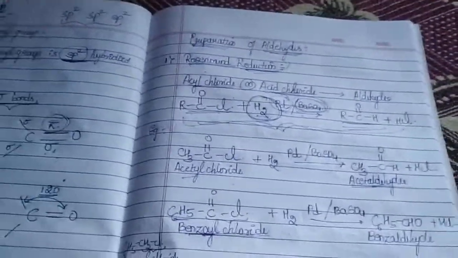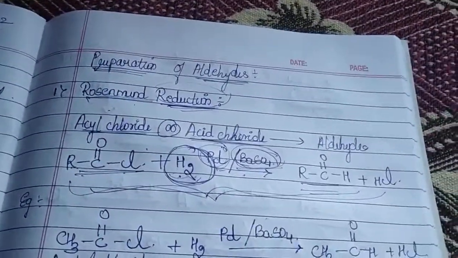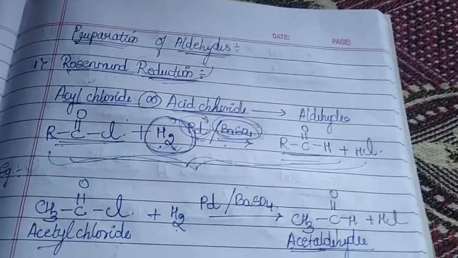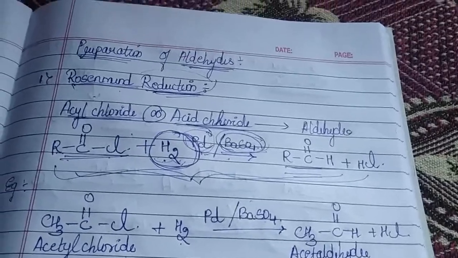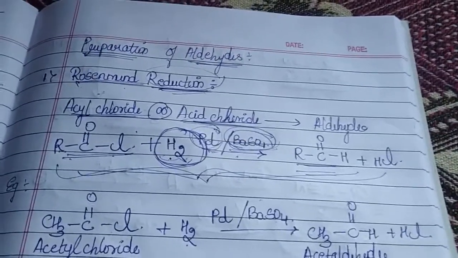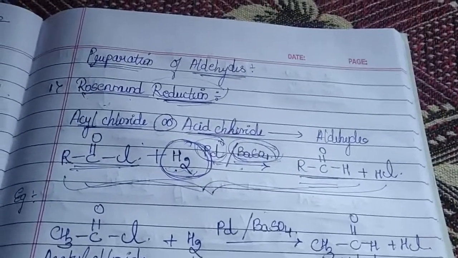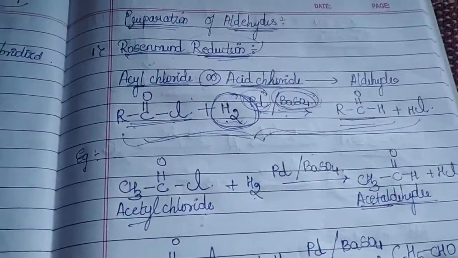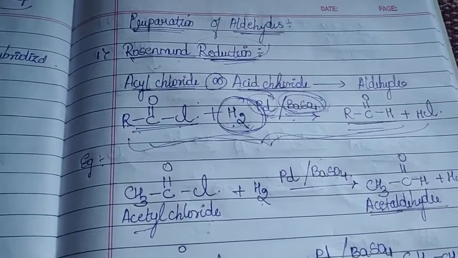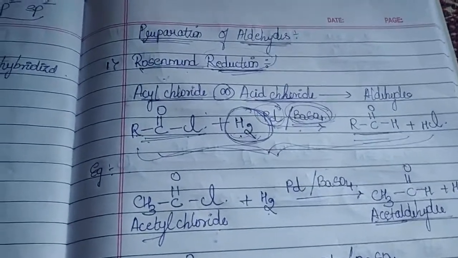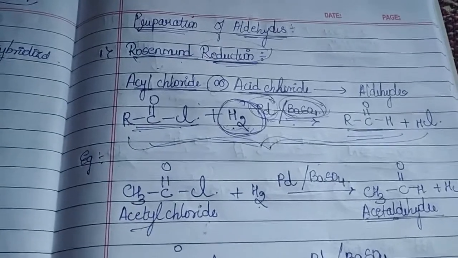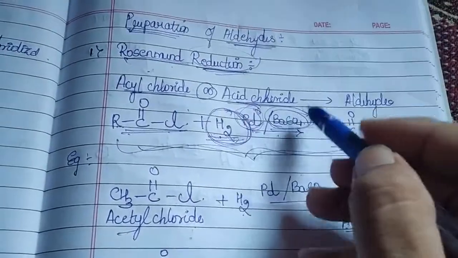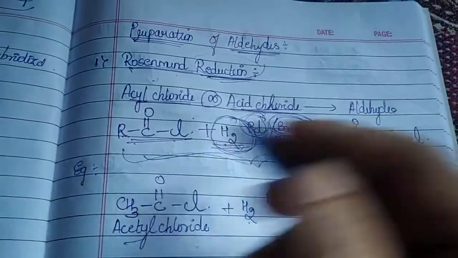Then we came to know an important concept, the preparation of aldehydes. In today's video, we are mainly dealing with 2 important preparations, which are also named reactions. One is called the Rosenmund reduction reaction, another is your Stephen reaction. In the Rosenmund reaction, it's a conversion of acyl or acid chloride to aldehydes. When acyl chloride is heated with hydrogen in the presence of palladium catalyst supported over barium sulfate,